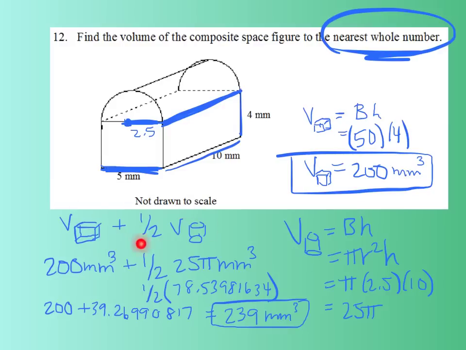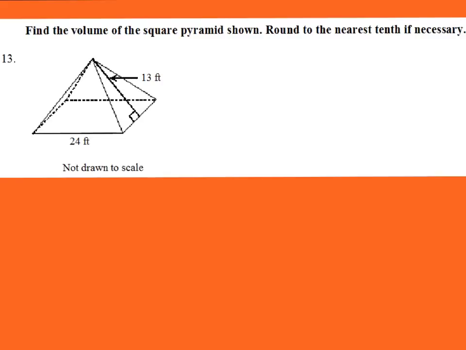All right, now we're looking at volume of a pyramid. I'm rounding to the nearest tenth. Okay, so volume of a pyramid. V equals 1/3. I know it's going to be 1/3 because it's coming to a point. It's a pyramid. 1/3 area of my base times my height. Well, because it tells me it's a square pyramid, I know that my base area is just going to be 24 times 24,